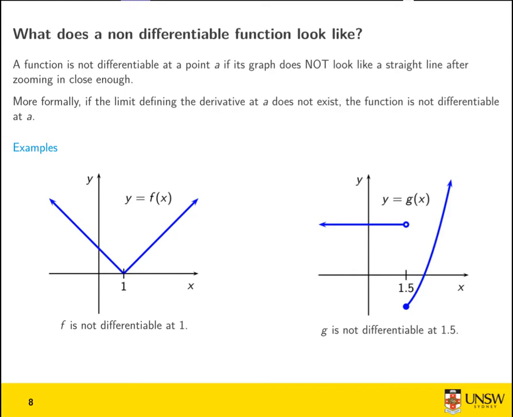straight line. For example, if you zoom in on this sharp corner, it will always look like a sharp corner. There's no real way to fit a tangent there, right? And same thing here. You don't really get a straight line. You get this gap. So in short, by looking at the graph, you will realize that a function is not differentiable because if you zoom in and zoom in, you don't really get a straight line. And if you don't have the graph and you just use the previous formula, you will realize that your limit